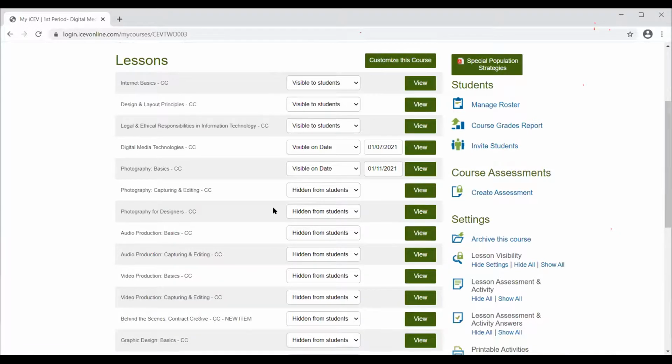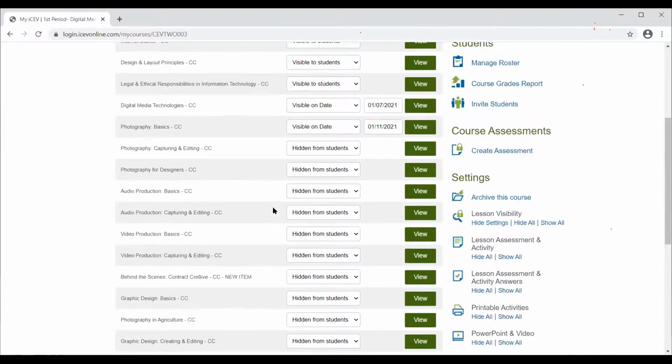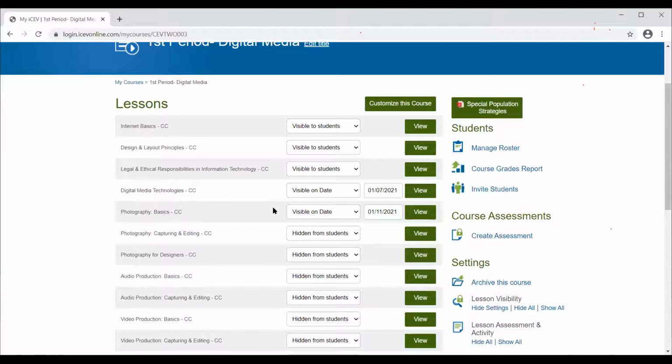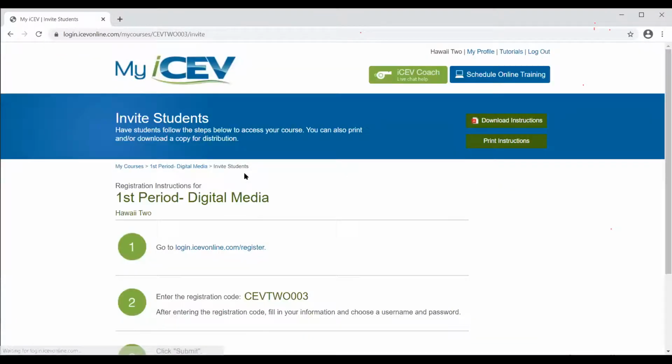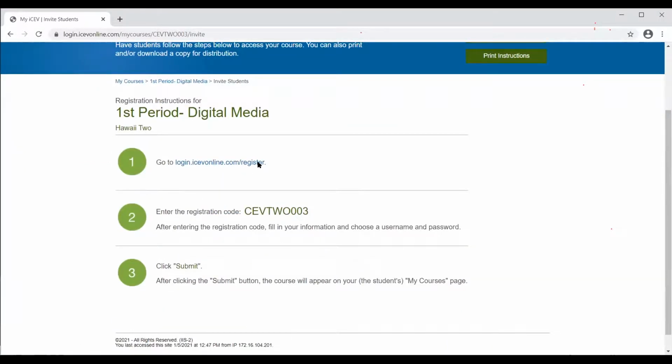Once you have all of your settings set the way that you would like, you can go in and enroll your students into the course. To do that, you'll just click on this Invite Students link. And that's going to pull up the registration guide for your students. All of the students will visit this